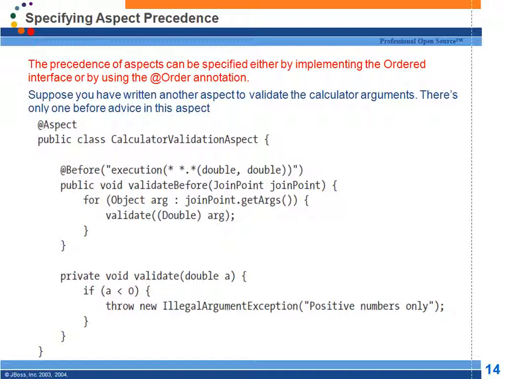Again, this is matching all the methods of arithmetic calculator. That's also matching all the methods of arithmetic calculator, right? And this is annotated with before. There is a method which is annotated with before. What is the order? There is a confusion, right? So if you want to specify the order,